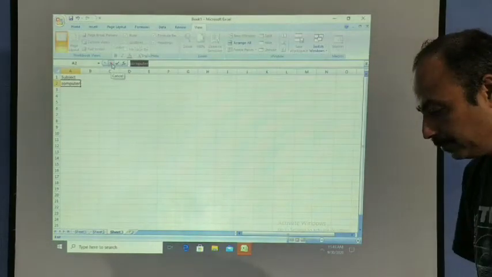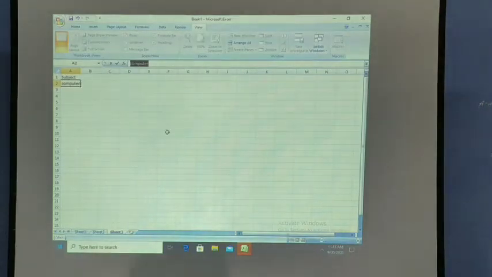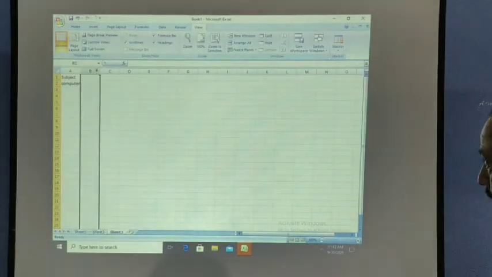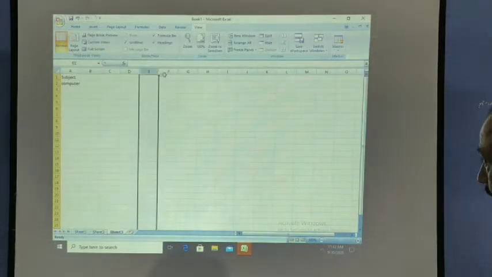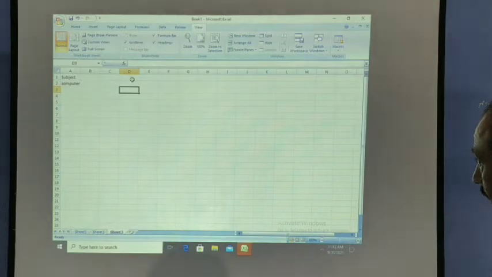Similarly, last time I made some diagram in that one. These are called the rows. These are called the columns. The columns are indicated by column letters, and these are the rows. The intersection of rows and columns makes the cell, and each cell has an address.